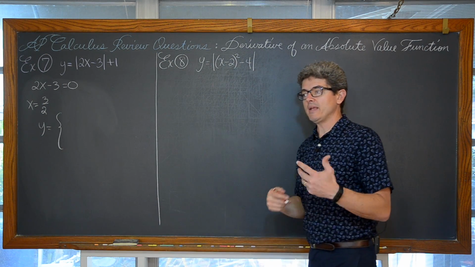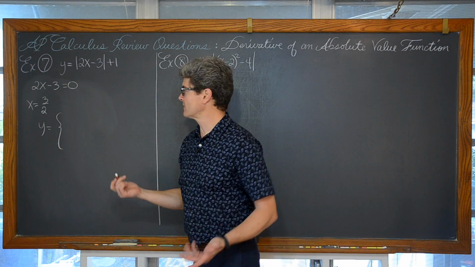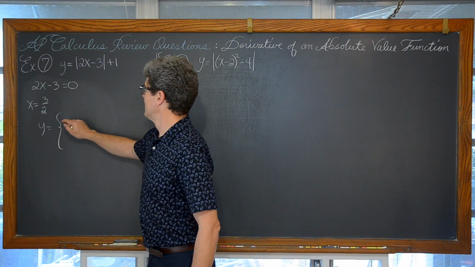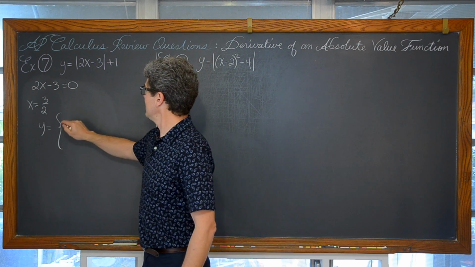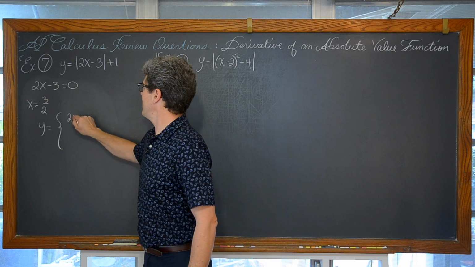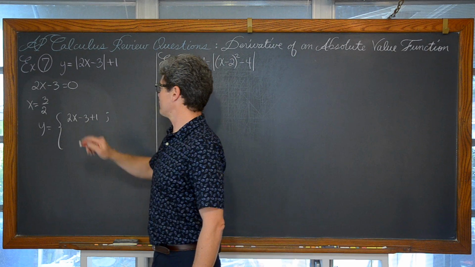So the absolute values don't really seem to be doing anything. It tells us how far a value is away from 0 on the number line, but really numerically nothing happens. So we just go, okay, so we have 2x minus 3 plus 1,